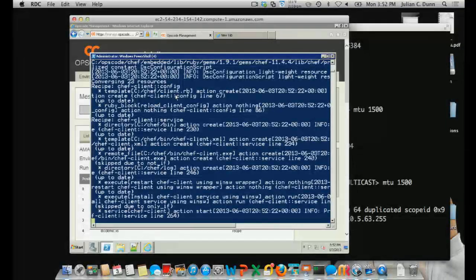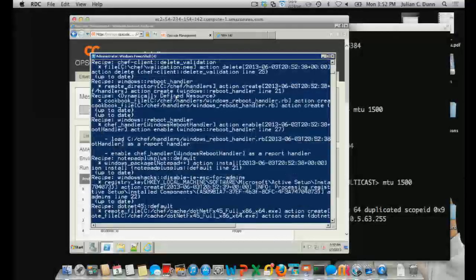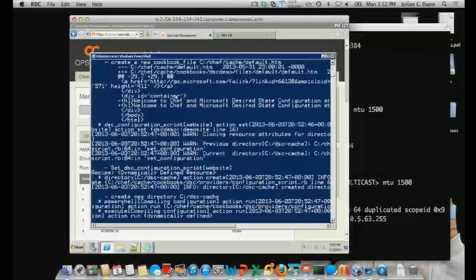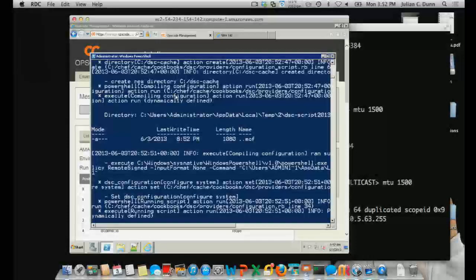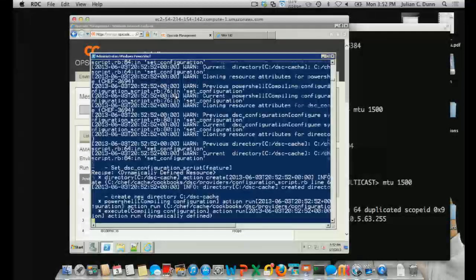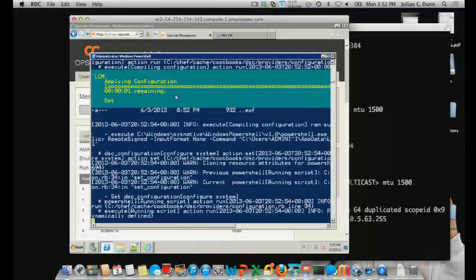Now, in this demo, you've logged in and you're doing it interactively, but in a production environment, this would happen automatically. Yes? That's right. A typical way you would run the Chef client is as a Windows service, right? Or you would trigger it as part of some kind of DevOps process, right? So you talk about these 10 deploys a day. Somebody makes a change to a configuration. You're probably going to go through, out of some continuous deployment pipeline, like with a Jenkins or a Hudson or whatever it is, right? You're going to trigger Chef to run and apply that configuration, those changes, right? So as you can see, it's running the LCM and what we call converging the node to apply that configuration and install IIS.